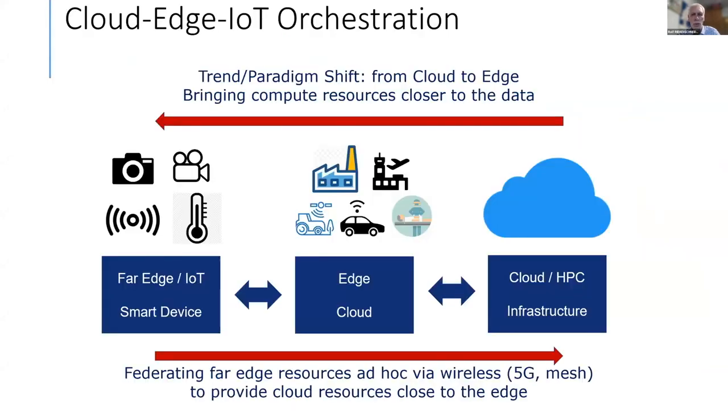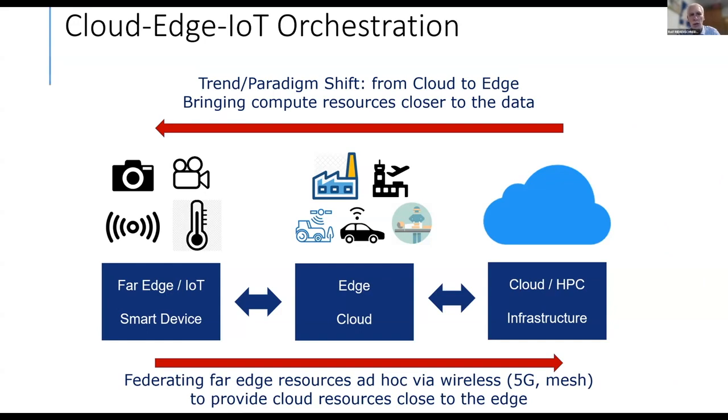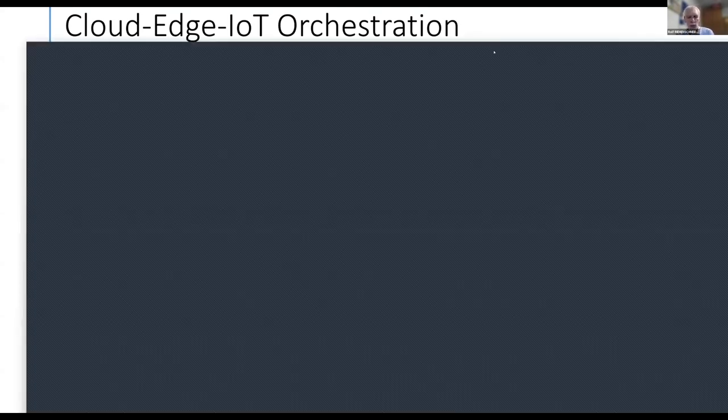Under this section, we coined a new research area, what we call from cloud to edge to IoT orchestration. It builds on a new paradigm, on a shift from cloud to edge, on edge computing, which is visualized over here. It represents a research program which has been put in place at the start of Horizon Europe. It builds on cloud infrastructure, HPC infrastructure, which is extended towards the edge, offloading computing loads